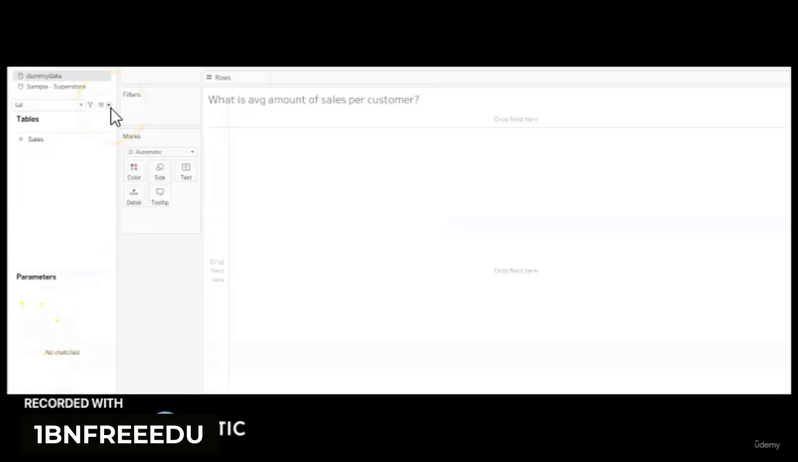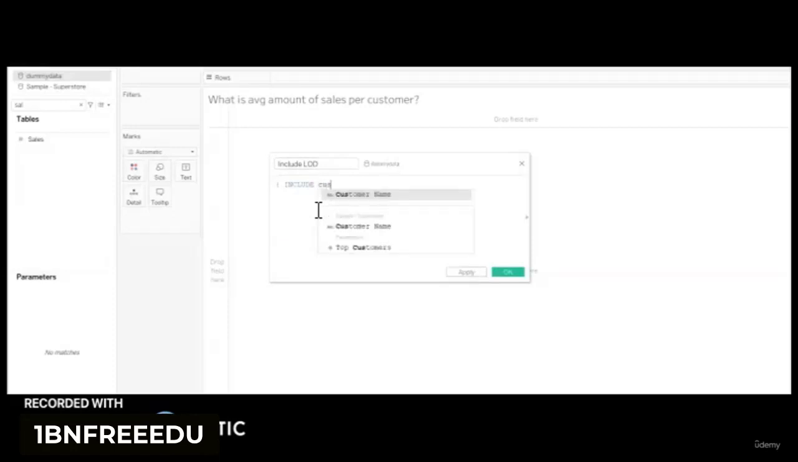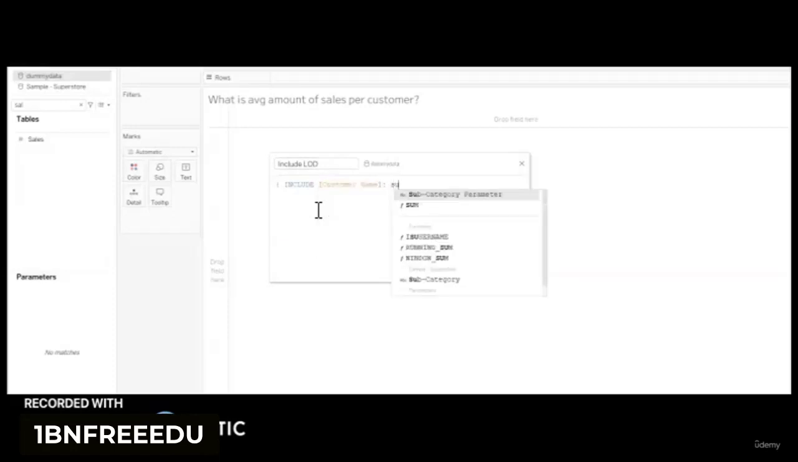Now if I want to calculate average amount of sales per customer without including customer in the view, then how can we do that? We will use include LOD in such cases. So include customer name and sum of sales, and then close the parentheses. And now if you drag and drop